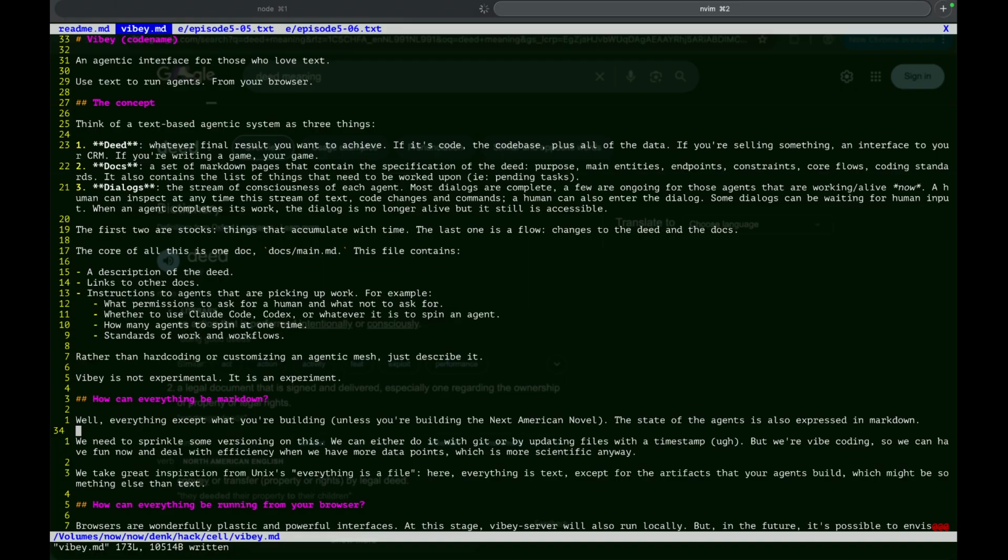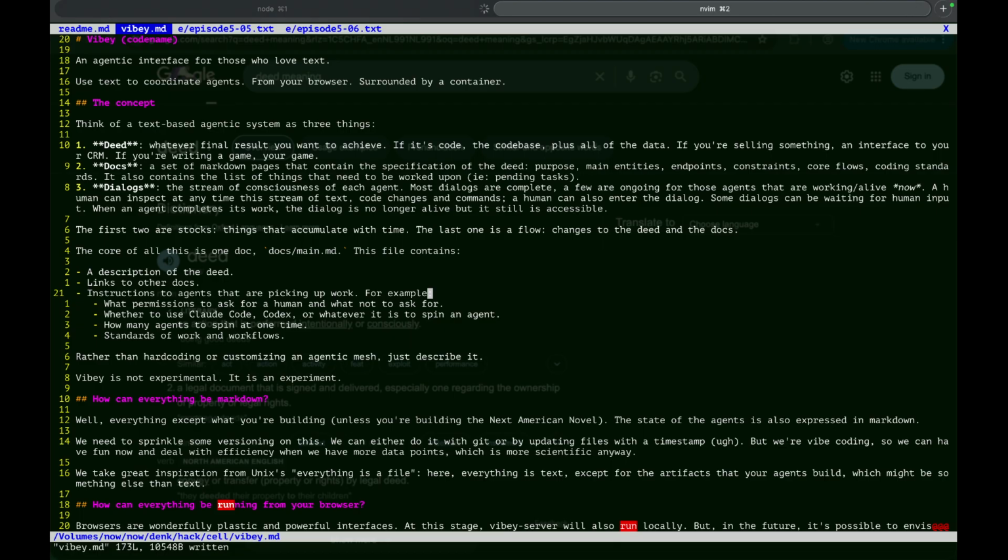So use text to coordinate from your browser. Container. Because there has to be containerization, right?